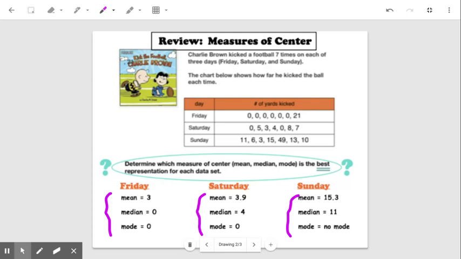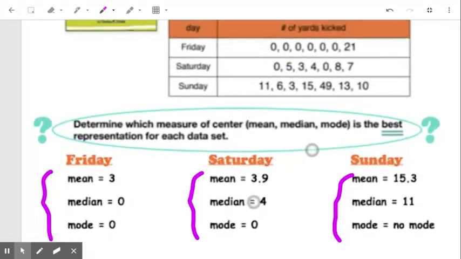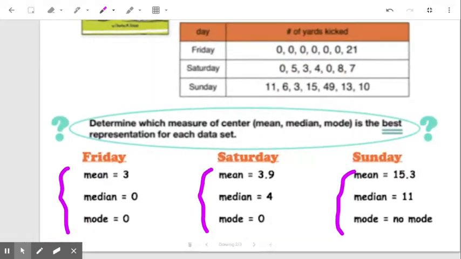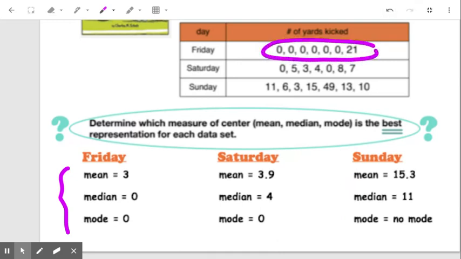And you can see that for Friday's data, the mean is 3, the median is 0, and the mode is also 0. So if I were to ask you which one of those three numbers is the best representation of this set of data right here, I know that that data set is made up of 6 zeros and a 21. So if I were going to pick one of these three representations for this data, I would probably not pick